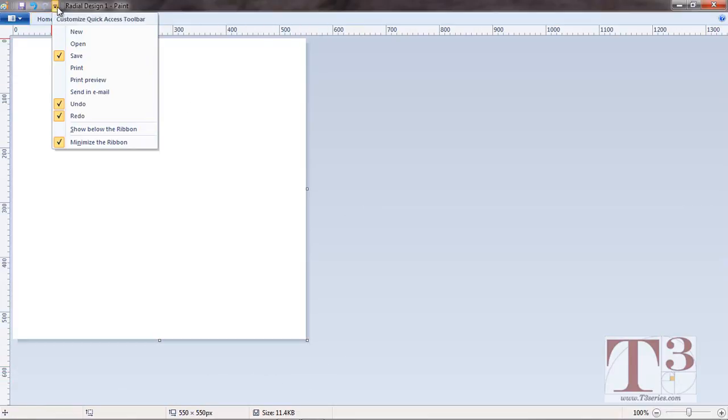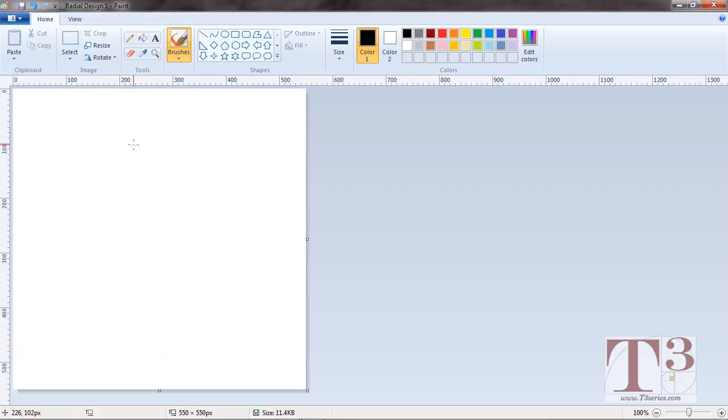But for this video, I'm just going to keep the screen out so you can see what I'm doing. Okay. Now the first thing we want to do, since this is a radial design, we want to start with a circle. So I'm going to left click on the oval tool here,